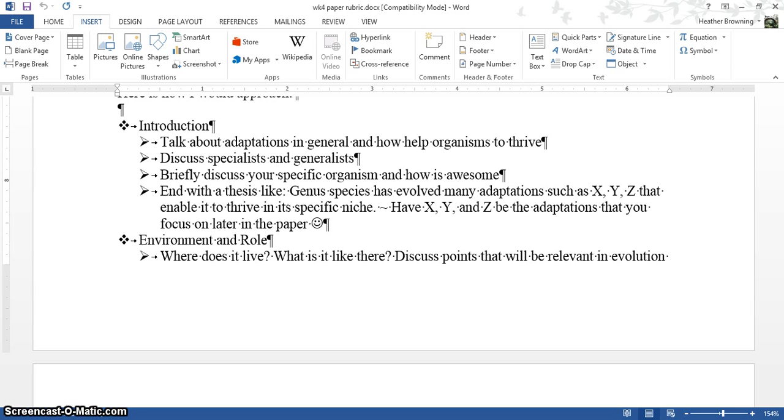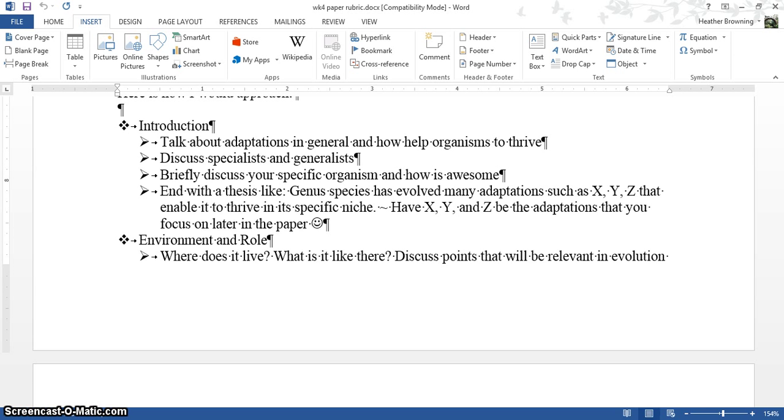okay? So then, a thesis like "genus species has evolved many adaptations such as X, Y, and Z that enable it to thrive in its specific niche," where X, Y, and Z are adaptations that you focus on later in your paper. So I might say for, hey,